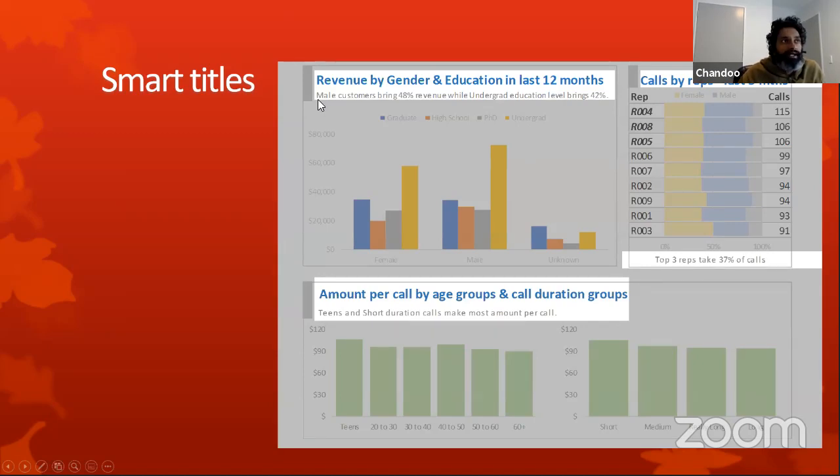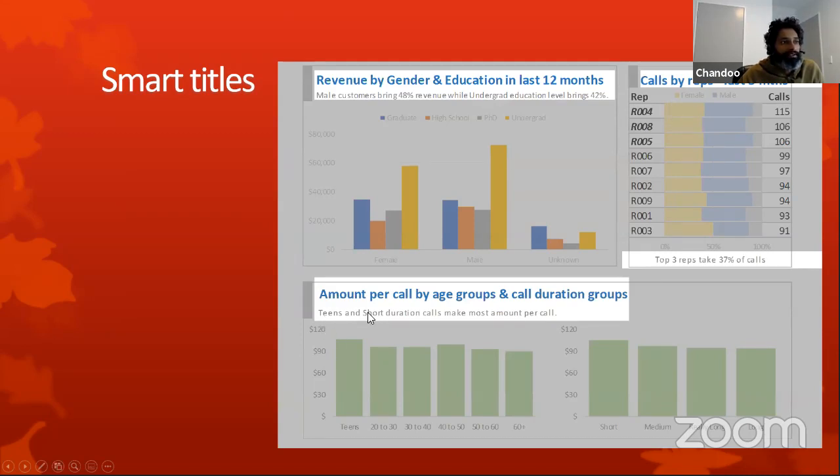But every title also has a caption attached. And this is saying male customers bring 48% revenue while undergrad education level brings 42%. So you can calculate these kind of things and construct them on the fly so that they interact with your slicers, and when you change the selection there, the title also changes. Alternatively, if it's a static report where there is no interaction, you can just type them over, or you can still calculate them with formulas.